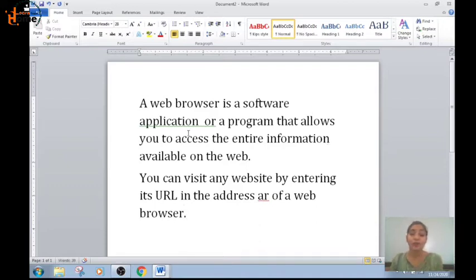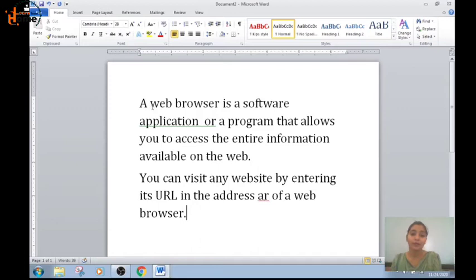Okay, now if I want to make any changes in the text, what will I have to do? Suppose I want to edit the text. What is editing? Editing is making changes in the document. Like I have typed it, now I want to make changes in this document, then this will be known as editing. For editing, first of all, I will have to select the text. How will you select the text?